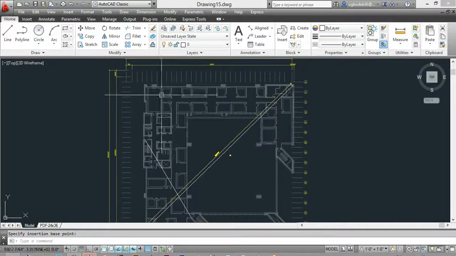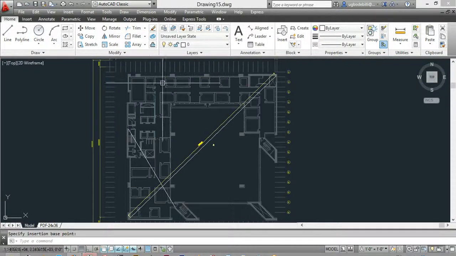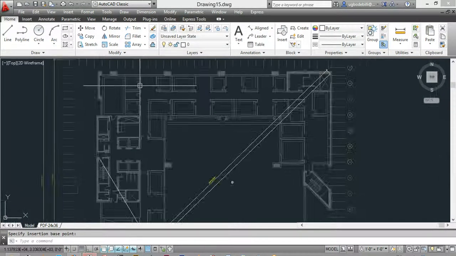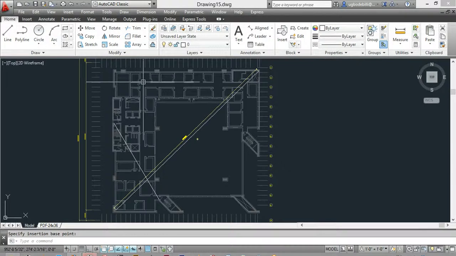So you want to determine from which room it would be the most difficult to get to your means of egress. I believe I picked this room. So you want to draw a travel path that you can imagine someone in the building taking to get to the exits. So again, you go into our line command